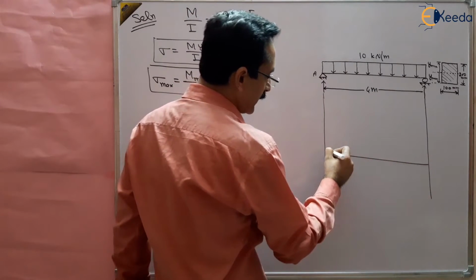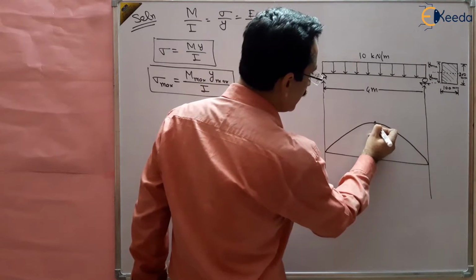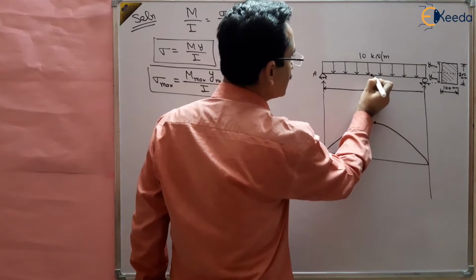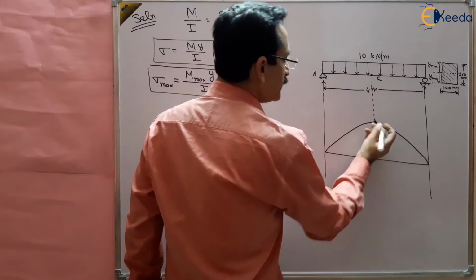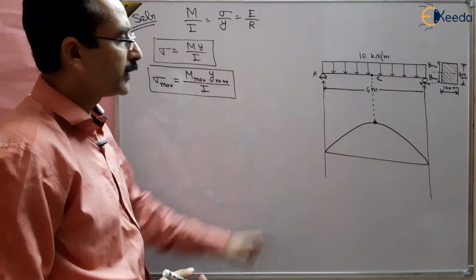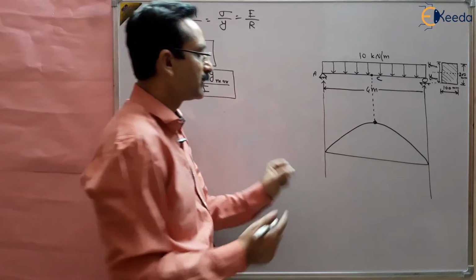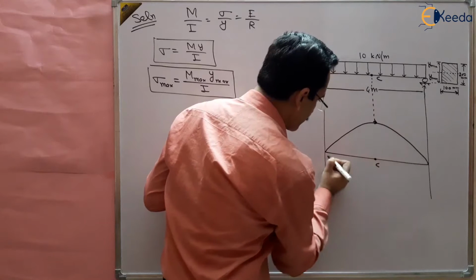You will get a parabolic curve like this, and the maximum bending moment will be at the center. Suppose this is the center C. You can check in the shear force and bending moment diagram chapter that the maximum bending moment will be at the center, and the value will be